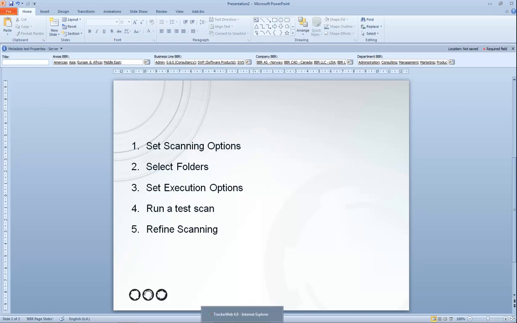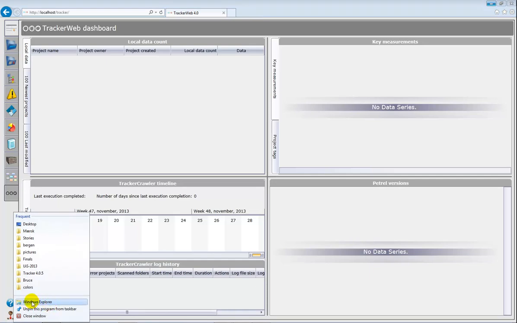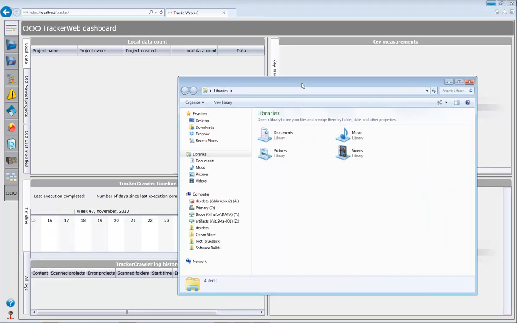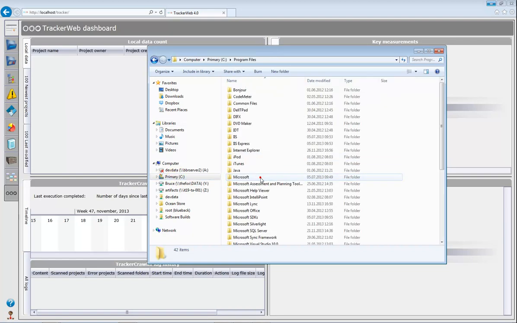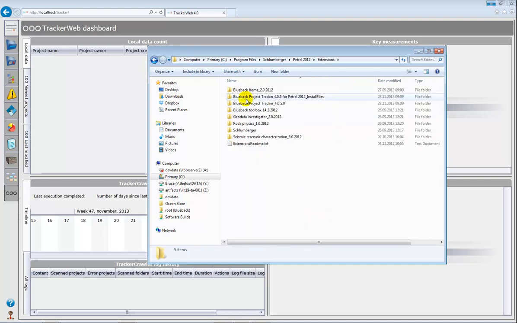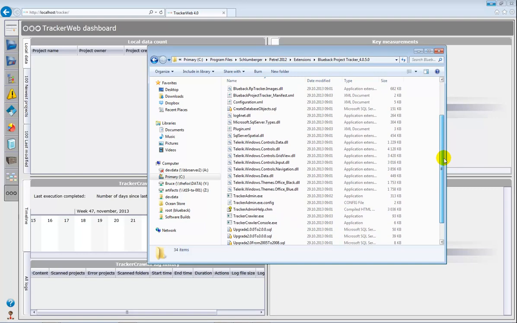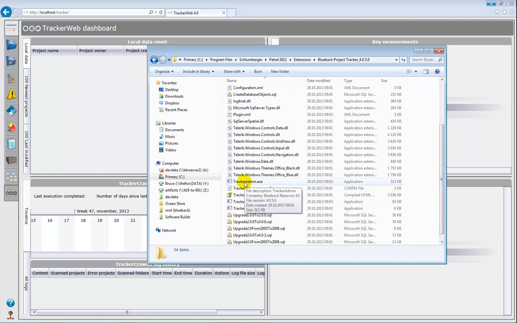So just a quick status check on where we are. We have a tracker installed here, but as you can see there's no data yet populated into it. So the first thing we're going to do is open up the tracker administrator, and you'll find this under C drive, program files, Schlumberger, Petrel, extensions, and then Blueback Project Tracker, and this is the default installation directory for Petrel plugins. So I'm going to open up the tracker admin.exe,